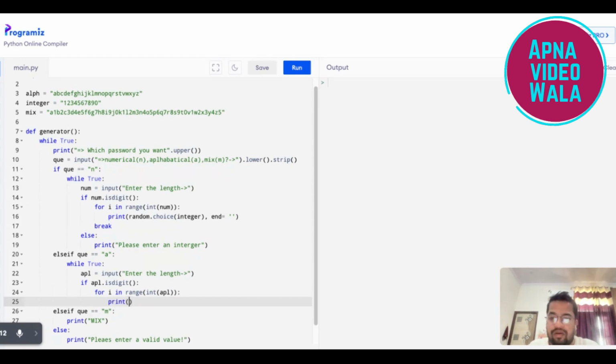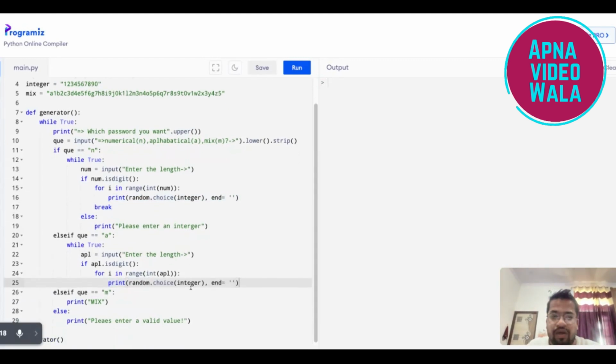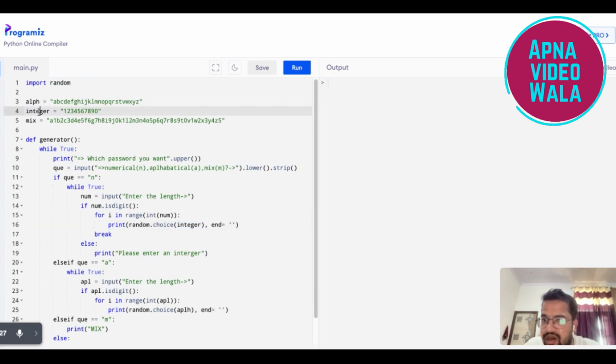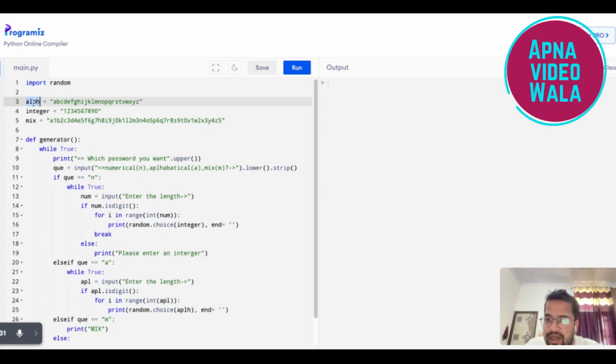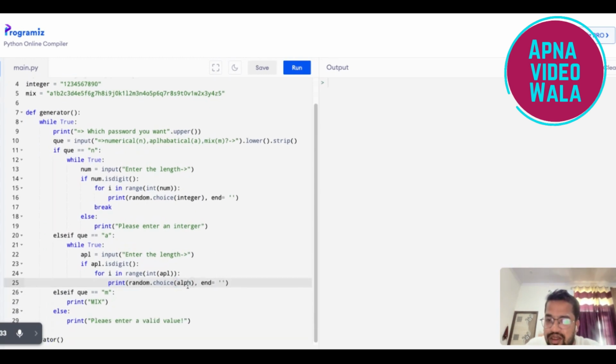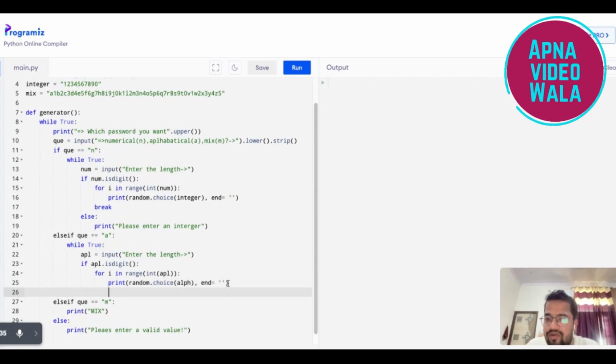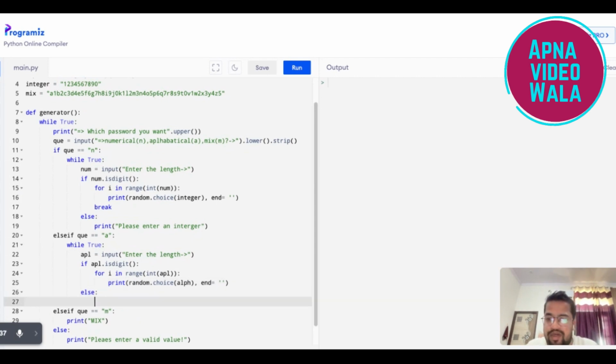Print, then same, copy this one, this one and this one, and there is an alphabetical one, and then there is an integer which was called from here, and this is for the alphabetical one. Okay, now the else part,